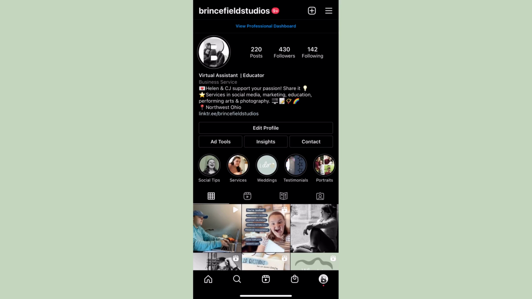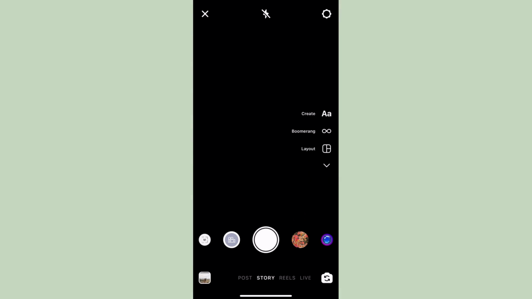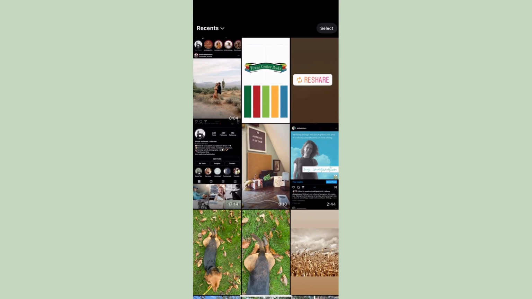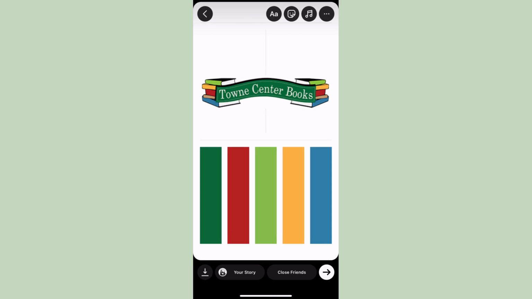Let's use our branding reference image on social media. So I'm going to use a branding image on my story. So I'm going to add a new story by selecting my profile image, and I'm going to upload my reference image that we just created in Canva here. So a great and easy way to share something on your story while keeping it on brand, even if you don't have an image to share, is to use this reference image. So this is very curated, right? Like we don't want to post something this graphic heavy on here, but we do want to select the colors